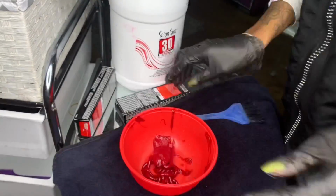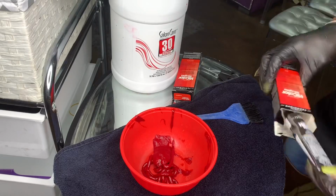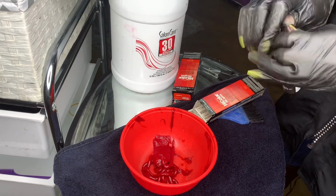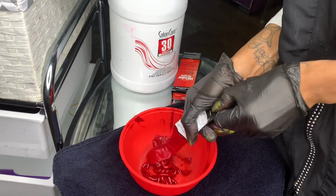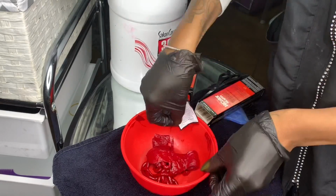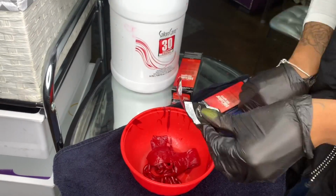Now when I color hair, don't just follow the instructions on the box, because I eyeball it because I've been doing hair for so long. I kind of felt like I put too much developer in it, so I think the box says put 2.4 milliliters or ounces, I don't remember which one it was, of the developer in the bowl with the color. I didn't do that because of course I was trying to make it stretch. I had a long wig color, so